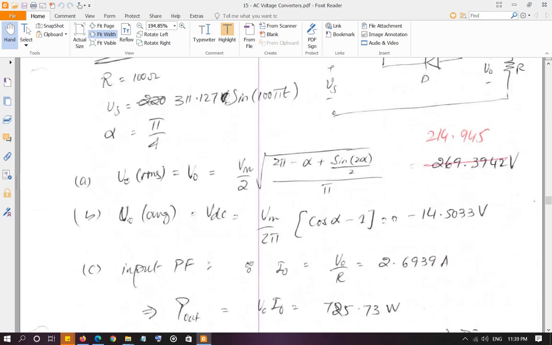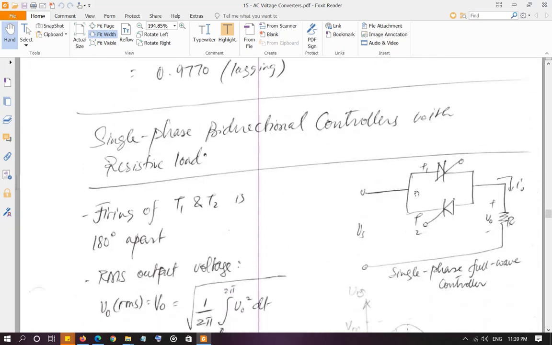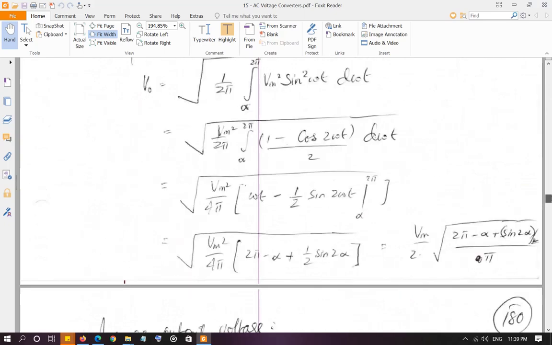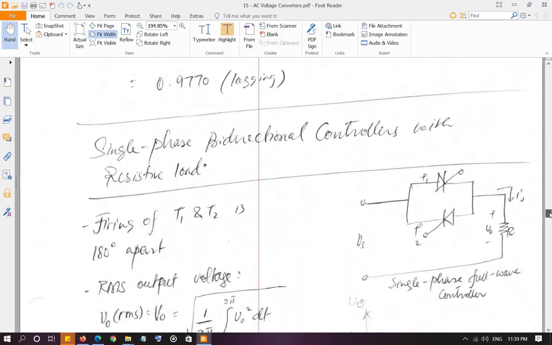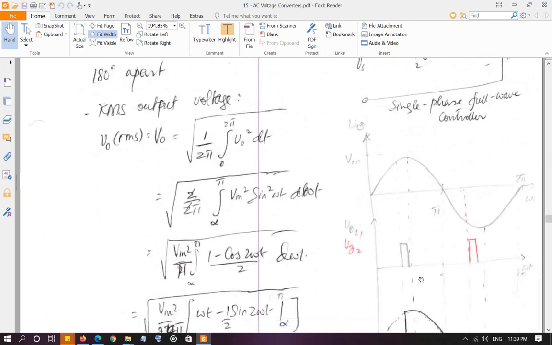Average value, and a problem. Then you have a bidirectional control, a similar circuit as you saw in the first one, on-off control, right? Exactly the same circuit. The only difference is that we are not keeping the thyristors on consecutively for n number of cycles and then turning them off for m number of cycles. Rather, we will be firing them in each cycle. Okay, so we are firing them at an angle alpha